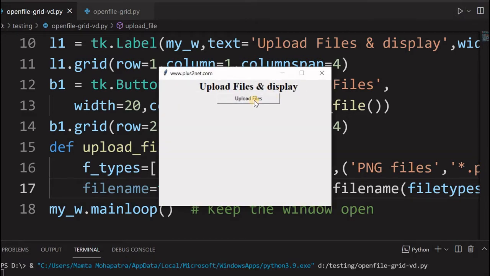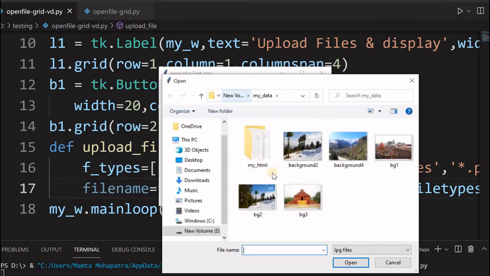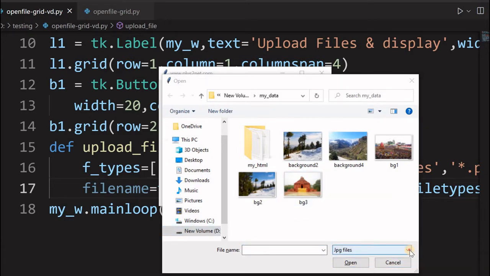So you can see there, yes, the file dialog is open. I can select a file. So far, even if it is selected, I have not done any programming to handle it. That part we will add now. Here I have two file types only, PNG and JPG, because that is what we have created.